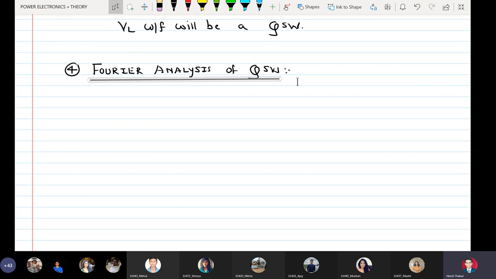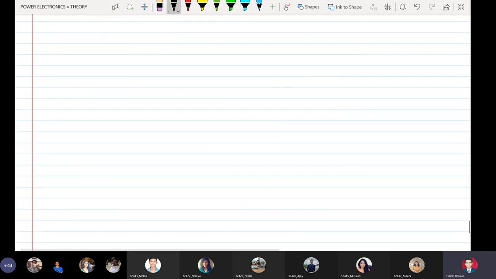So if we have a waveform which is not a sine wave but has a lesser number of harmonics than our default inverter, it is always a better choice. So we want to justify that the Cauchy square wave inverter is better than the square wave inverter because its output is a Cauchy square wave and it contains a lesser number of harmonics compared to a square wave. We will do that at the end of this discussion. So now, redrawing our Cauchy square wave here and then writing the Fourier coefficients.